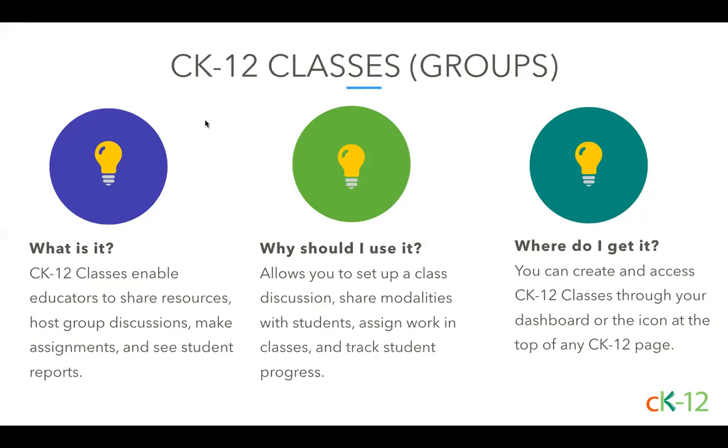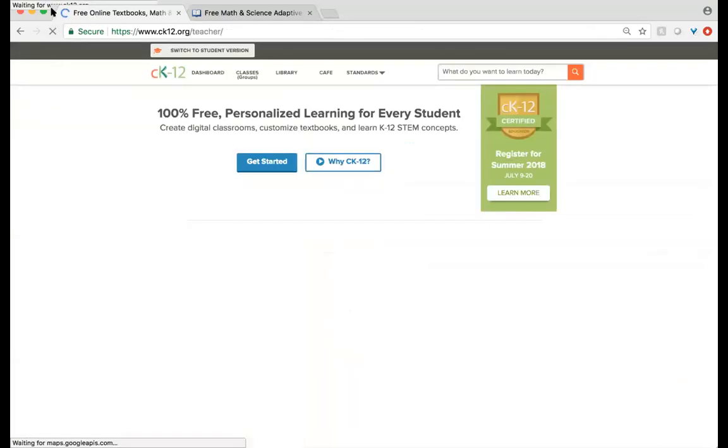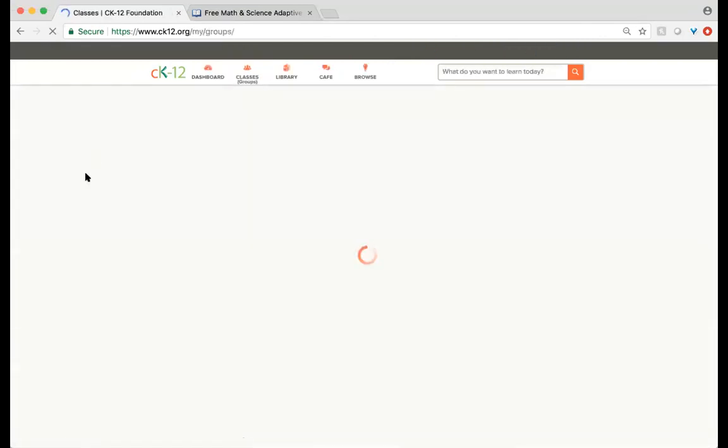I'm going to steal back the screen here, and I want to show you what classes look like on CK12. So let's go back to our window. And I'm going to go back from the home page just so you guys get used to doing things from the home page. So again, I'm logged in as a teacher. And so up at the top here on my menu options, one of them says classes. We used to call this tab groups. So right now they've got groups in parentheses just to remind you. But I'm going to go into my classes area.